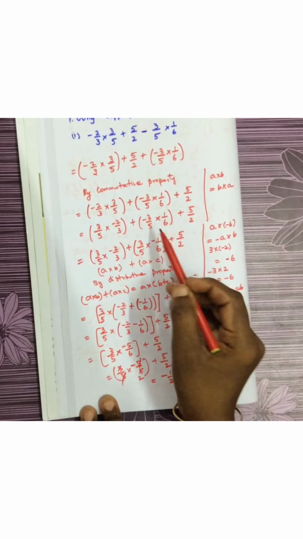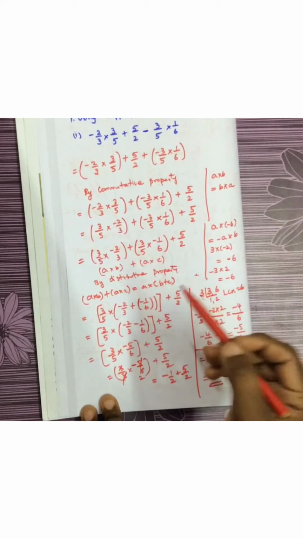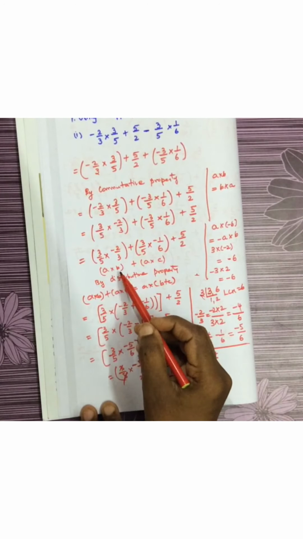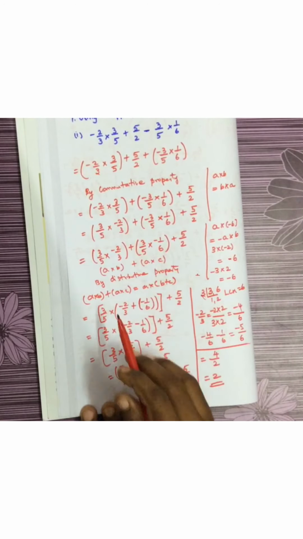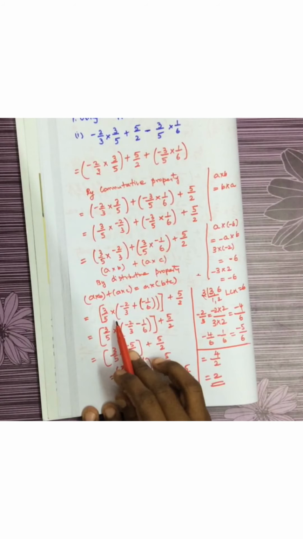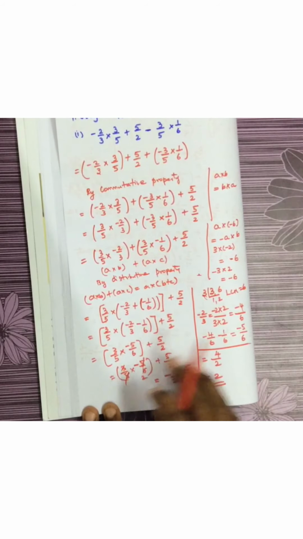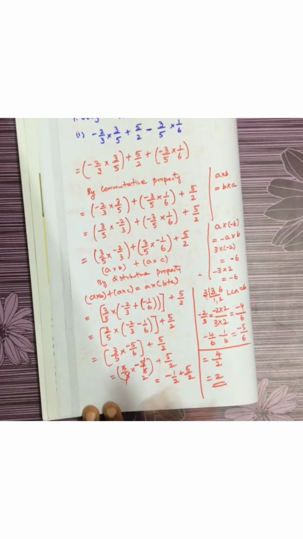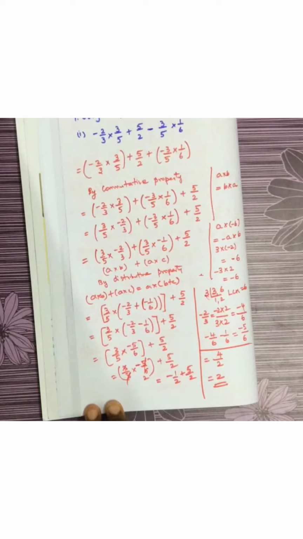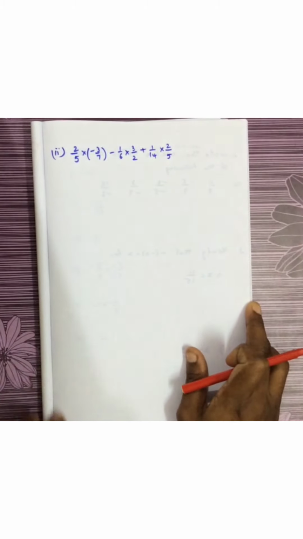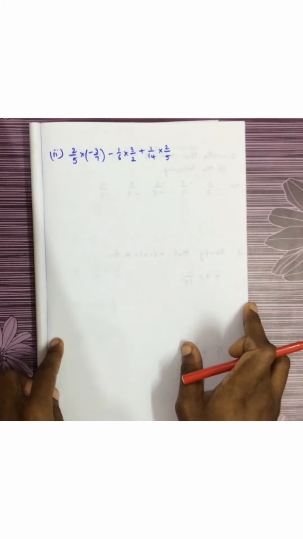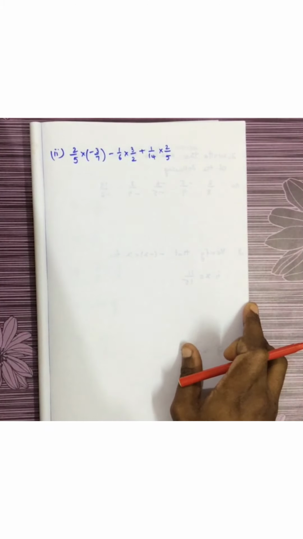After this, you are moving the negative sign from here to here. By this, you will get it in the form of A multiplied by B plus A multiplied by C. So by distributive property, you can write A multiplied by B plus C. So after solving this inner bracket by taking LCM, and solving this, you will get the answer as 2. So now the next problem is 2 by 5 multiplied by minus 3 by 7 minus 1 by 6 multiplied by 3 by 2, 1 by 14 multiplied by 2 by 5.